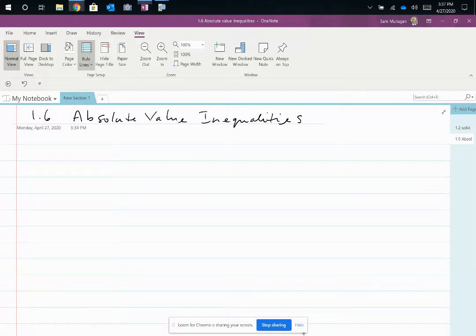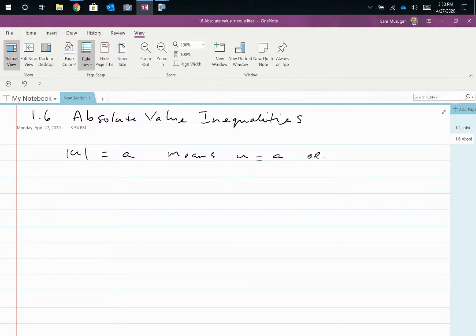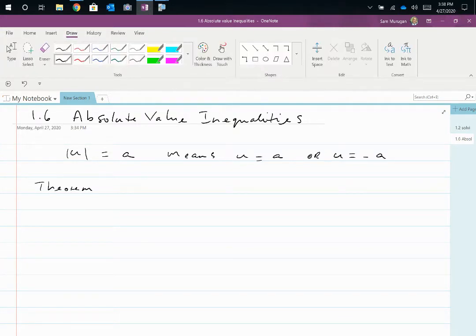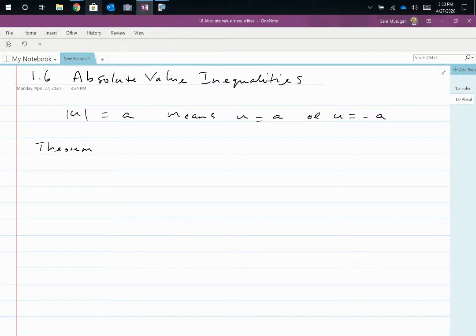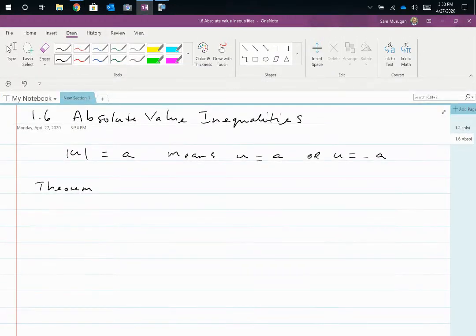Absolute value inequalities. We know that the absolute value of some expression u equal to a means u is equal to a, or u is equal to negative a. And we're going to look at our first theorem related to this. So theorem, I want to go ahead and lock this in place. Okay, the theorem says